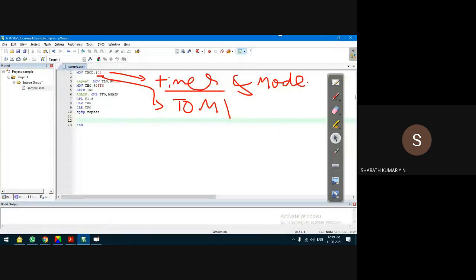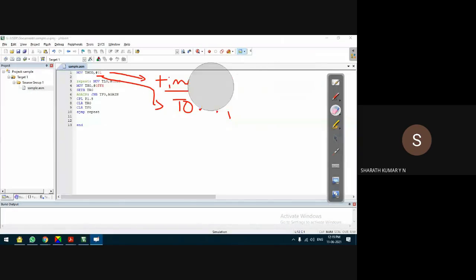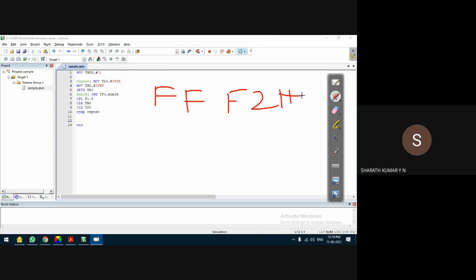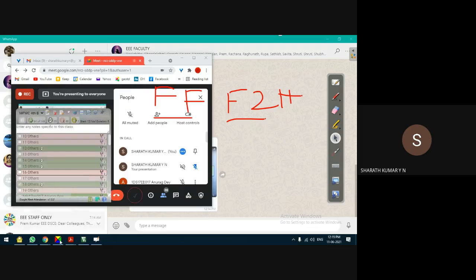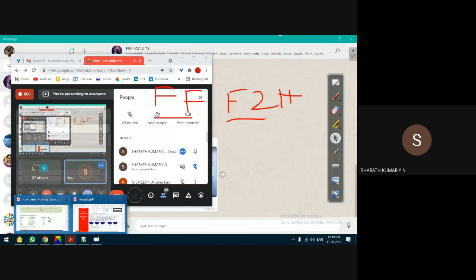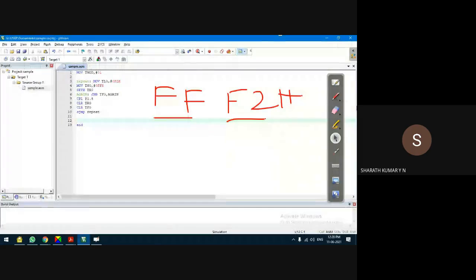Okay, done. So in the next step, we are loading some initial value to the timer. To start with, the initial value is FFF2H.